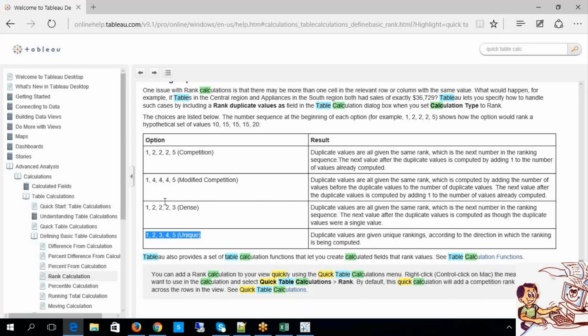But in most cases, how you define it purely depends on the nature of the data, because sometimes you might not have unique values or unique ranking, and if you don't want to define it, then we'll go ahead with either the dense or the competition or modified competition computation. Either way we can go ahead.